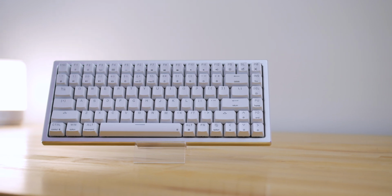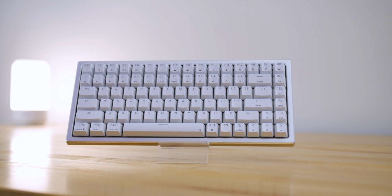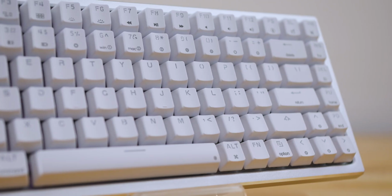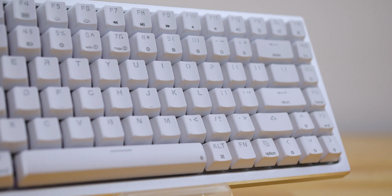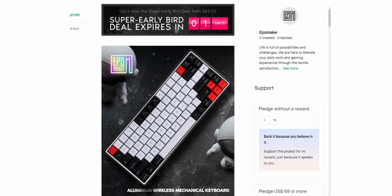Alright, we're back at it again with another board from EvoMaker, and it's brought to market to service as a kit for customization or a complete keyboard. That choice is up to you, but let's see what this board is capable of out of the box and what you can customize. So first things first, this is officially in the Kickstarter phase with a ton of options